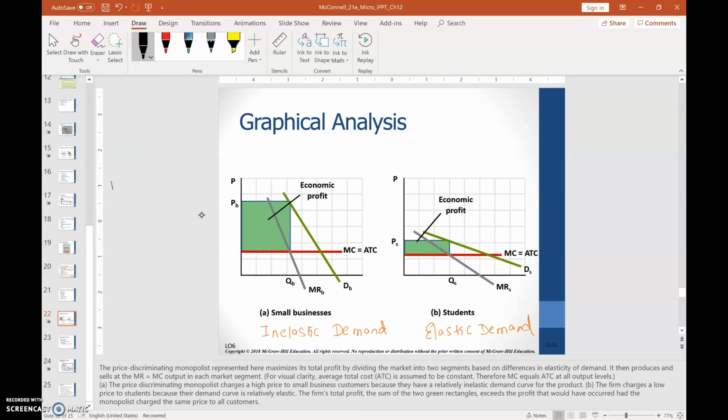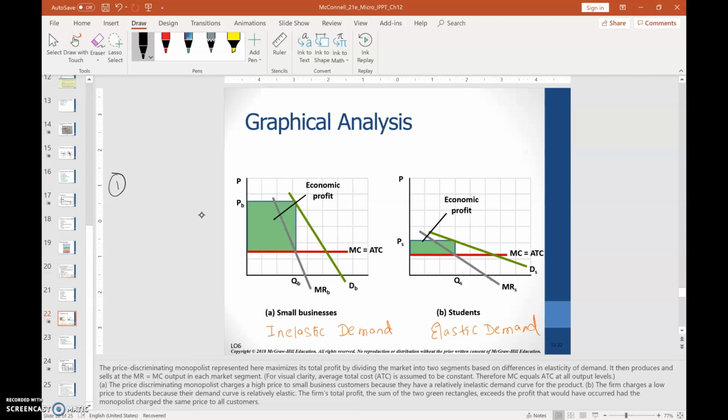The first step, the monopolist is dividing the market based on the elasticity of demand. In this example, we have small businesses and students. Small businesses, the demand is inelastic, and students, the demand is elastic. If the demand is inelastic, price will be high, compared to if the demand is elastic, the price will be